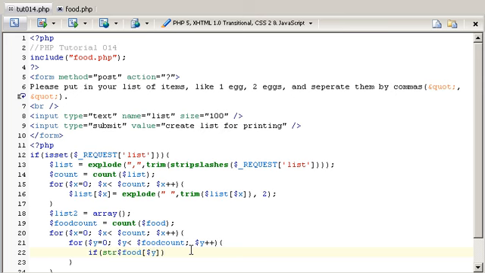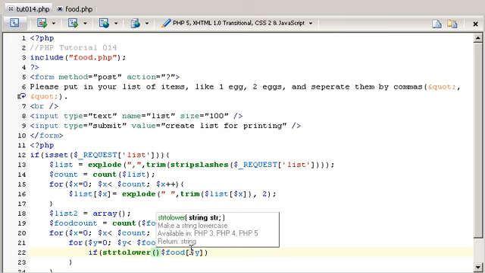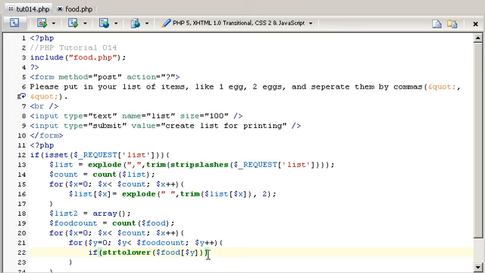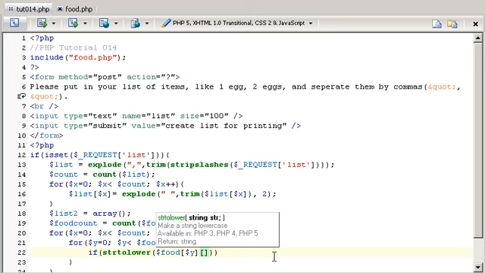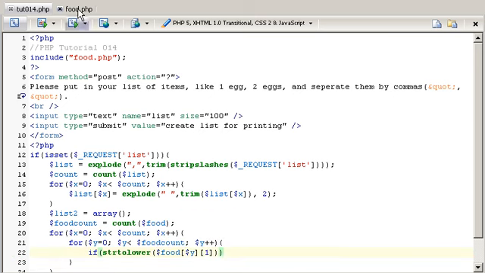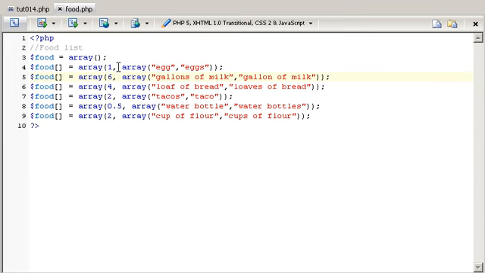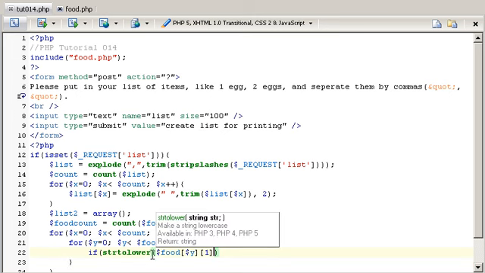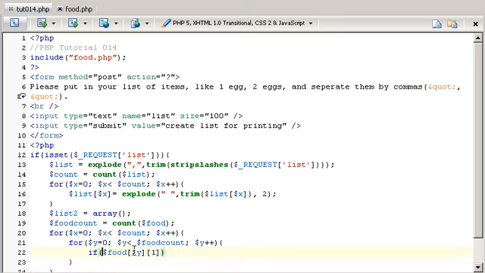I'm then going to str to lower, and I'm going to try to say the number 1, because here I have an array right here, which is in the 0 position. This is the 1 position. So really, I'm not going to do this str to lower, but rather is in